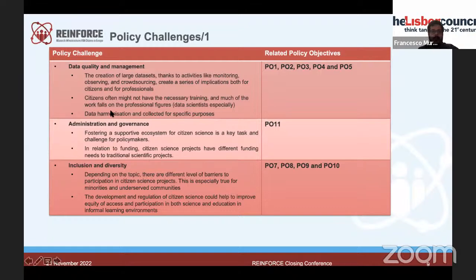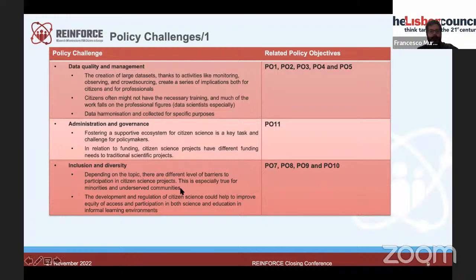Also, data harmonization is one of the challenges, because we have data collected for specific purposes. We have administration and governance challenges regarding funding citizen science, for instance, that is different funding needs when compared with traditional scientific projects.